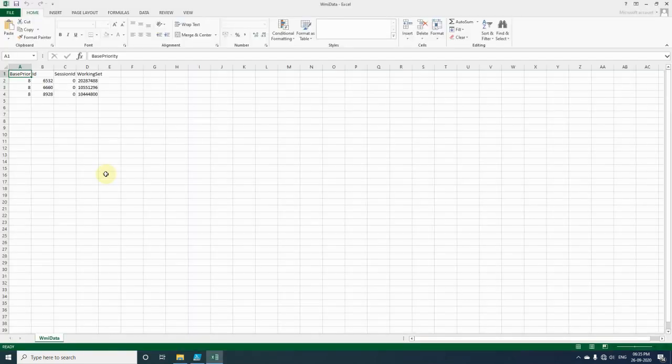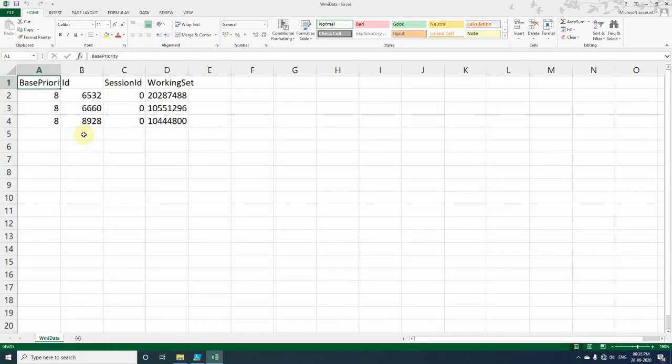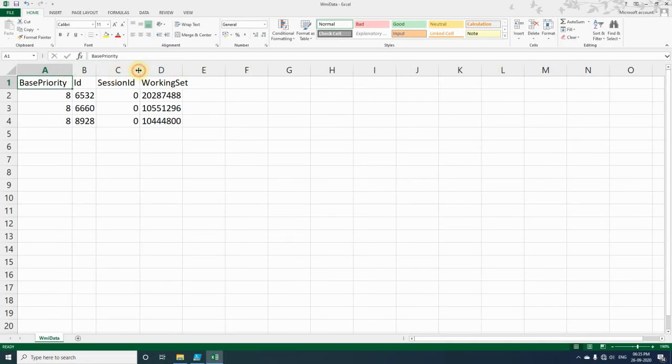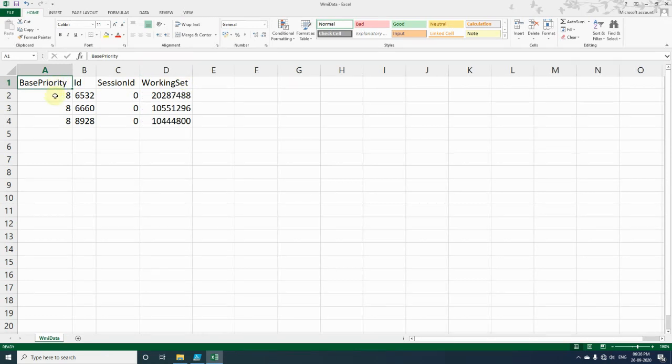So if I open this file, you can see here we are having 4 columns. First is BasePriority, Id, SessionId and WorkingSet. This is called the header of the CSV. This is also called a property when we refer to the object, and each row you are seeing is considered one object, and for each row there is a value in each column.